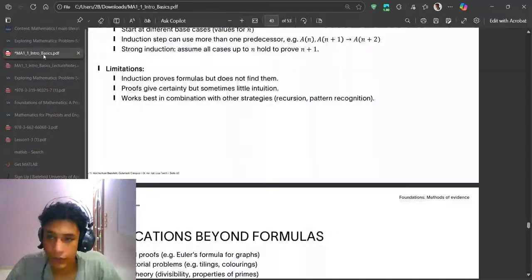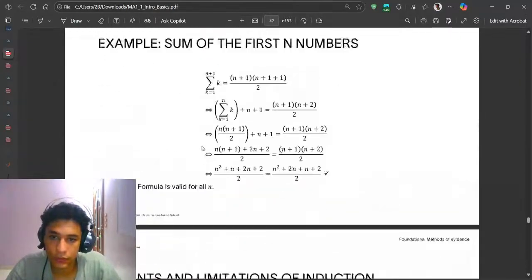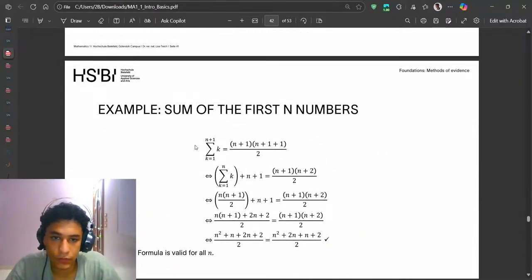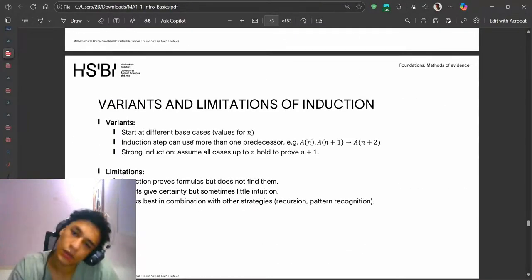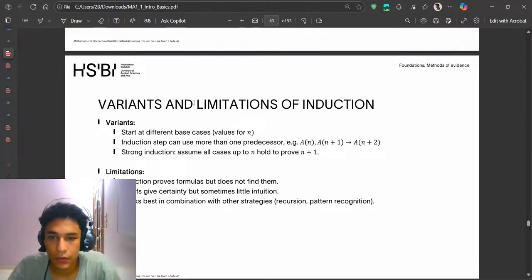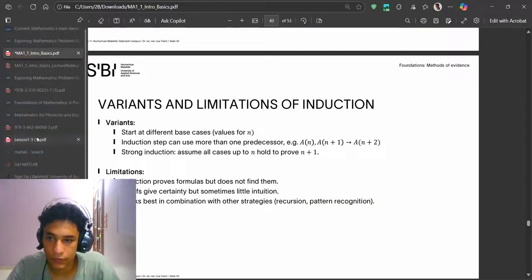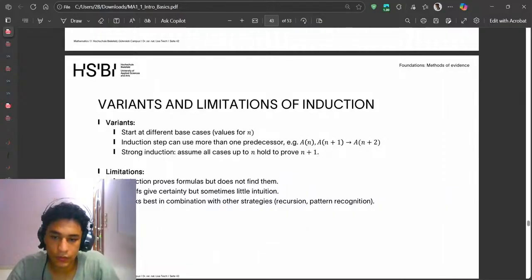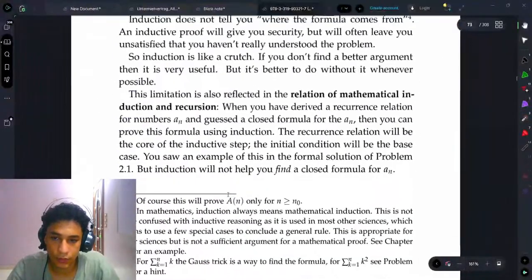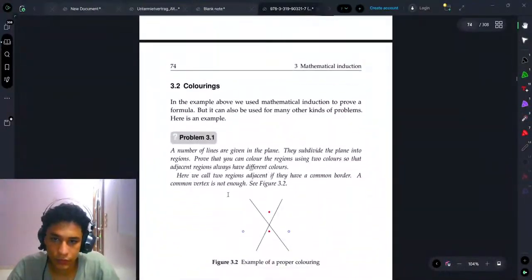But I do now understand this word, so I can actually move on from some of the first numbers. I low-key can move on. Okay, various limitation of induction to start at different values for n. Okay, honestly, I cannot understand shit from this thing, I think I'm gonna just use the book. Makes more sense.